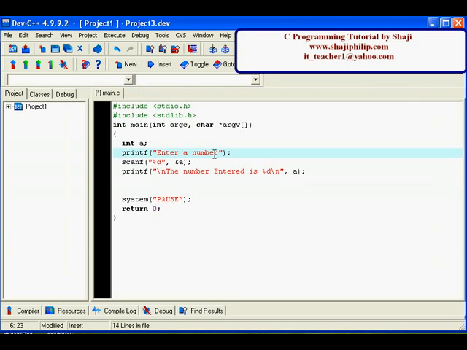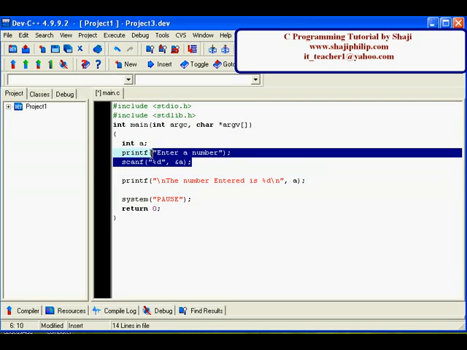Okay, we can modify this program a little bit by adding a few more lines. Enter another number and let it be B. And we don't have B here, so we can give A comma B, two variables, both of integer type. So firstly we can give the value to A, and second we can give the value to B. So both the values are entered,